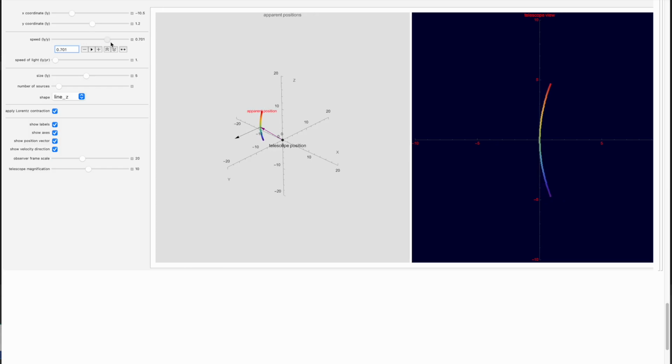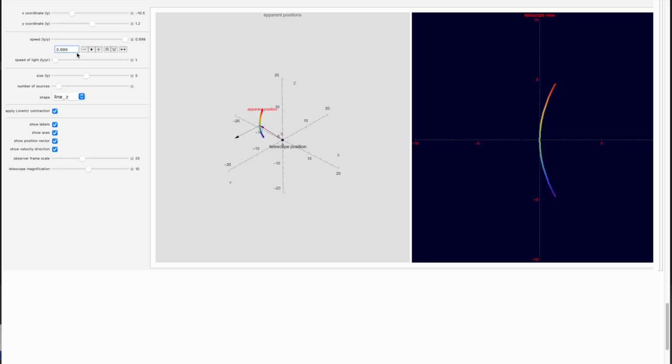And what we see is not entirely unlike what we just saw in the case of the circle. As expected, the Lorentz contraction is doing nothing. And let's just verify that. We'll turn it off and turn it on again. And indeed, we don't see any change. So Lorentz contraction is a null effect in this case, whereas latency is still present.